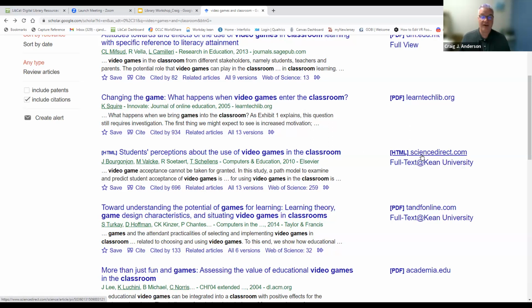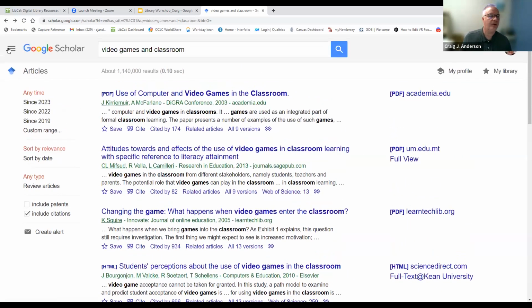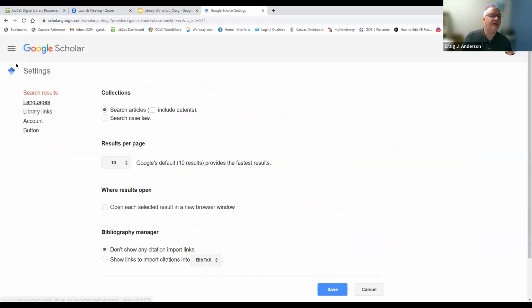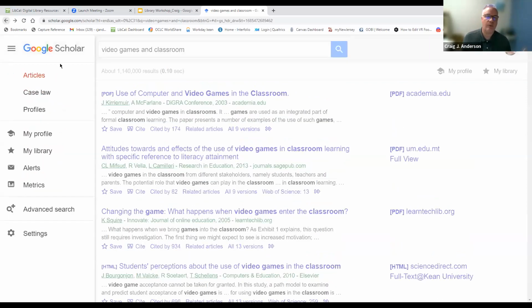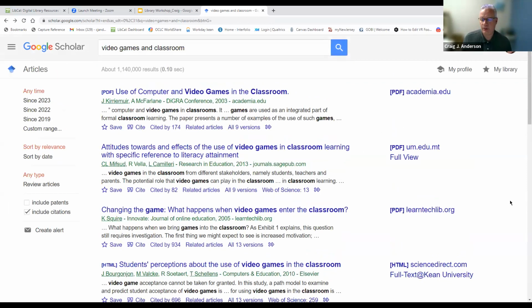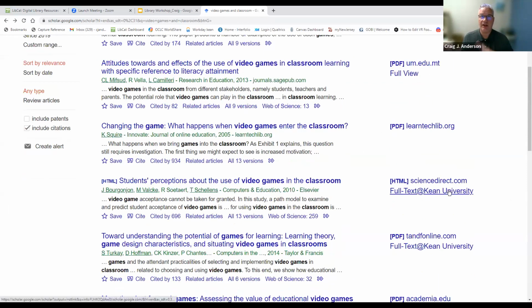Ordinarily, Google might not have been able to show us these particular articles, or it would have been able to tell us about the articles, but not shown us the full text. But since we've gone to the menu and under settings, chosen library links, we're identifying ourselves as a Kean student. So this will include options that we have for articles that we get through our databases.